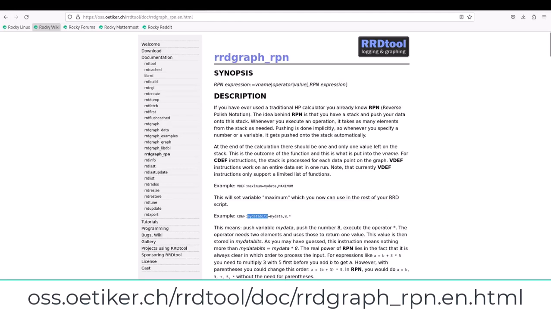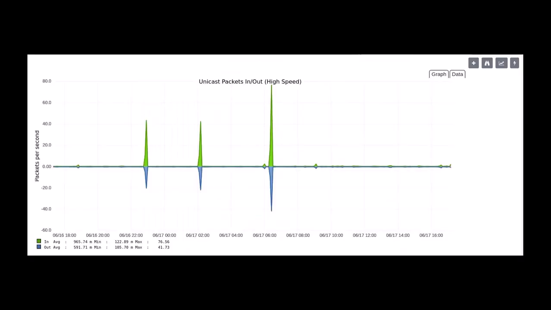OpenNMS graphs using RRDtool might need to adjust the value of stored metrics before graphing them. One instance of this is the negativization of output interface metrics. Mathematically adjusting metric data is done using RPN. A surface intro to RPN is provided in the RRD Graph RPN webpage, and the viewer is referred to it for further information. The graph of unicast packets in/out